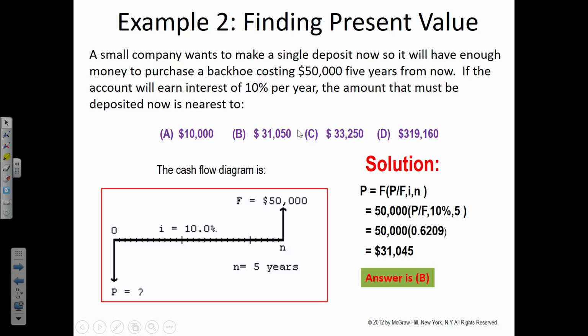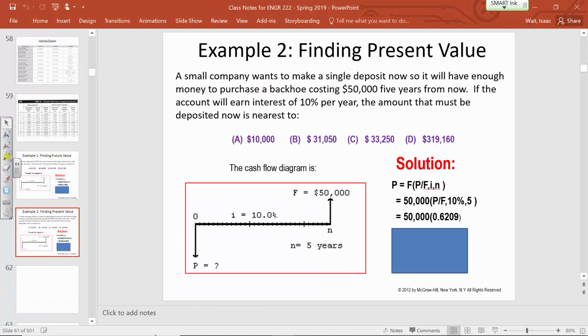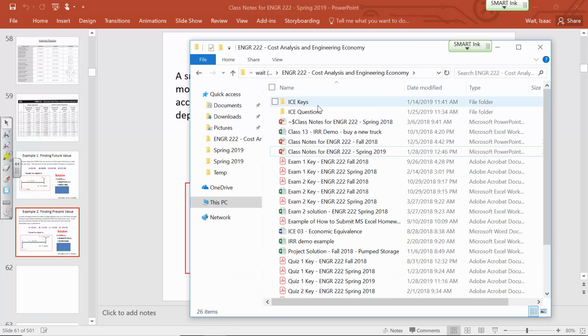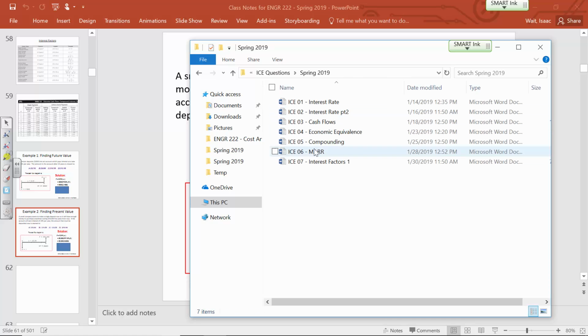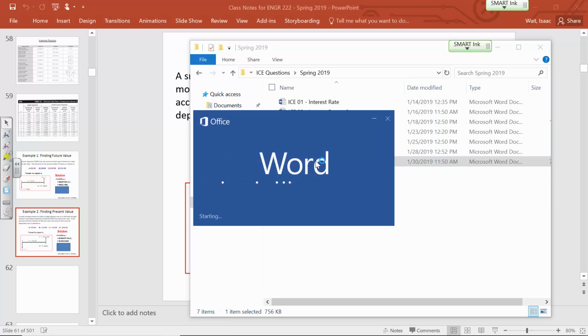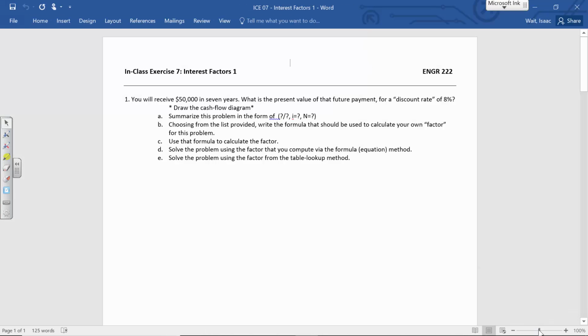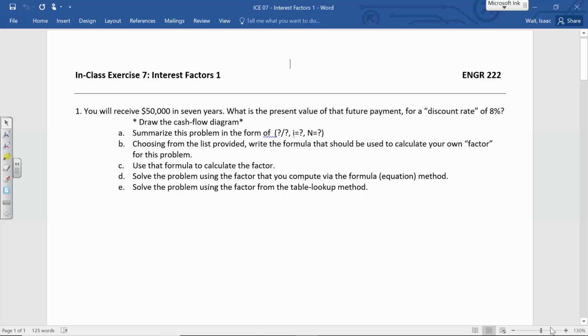Okay, so we're going to practice that. I've got 3 problems for you to solve. Let me bring them up here on the screen, and I'll also hand them out. For the first problem, I don't specifically say for you to draw a cash flow diagram, but I'd like you to. And so I put that there on the screen with the stars here. Draw the cash flow diagram. It's not on the paper I'm giving you.